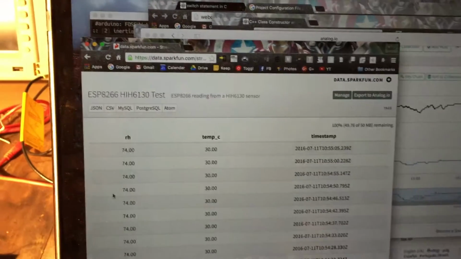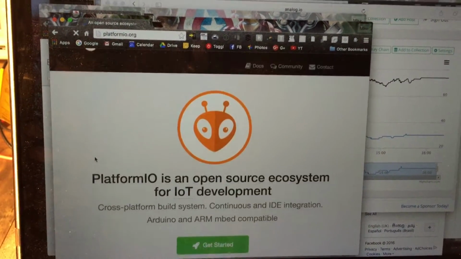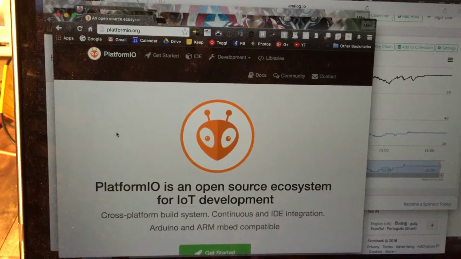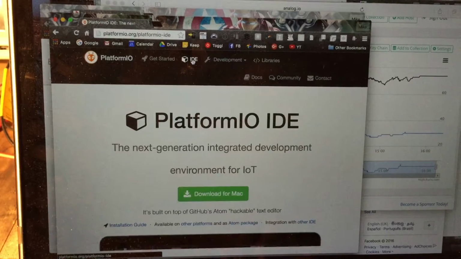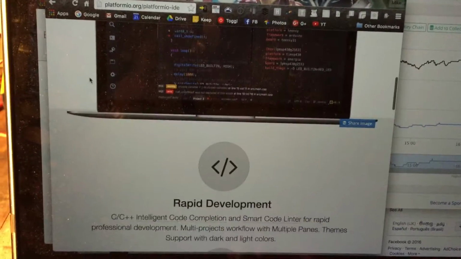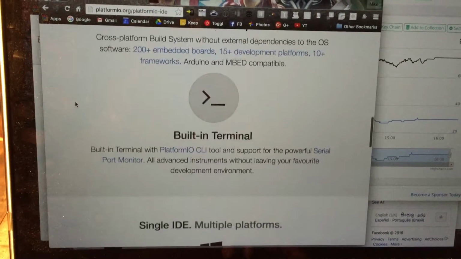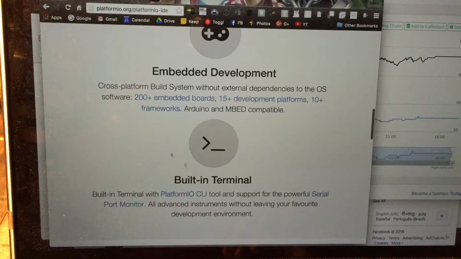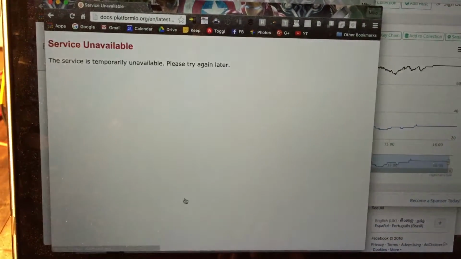So let me just quickly move this up. What's great about PlatformIO is that it's pretty much a two-line setup on Mac. And what this does is it sets up, forget the IDE, because if you like to use IDEs, you can go for it. But I use everything console based and Linux based. So what this means is that I can use my existing dev